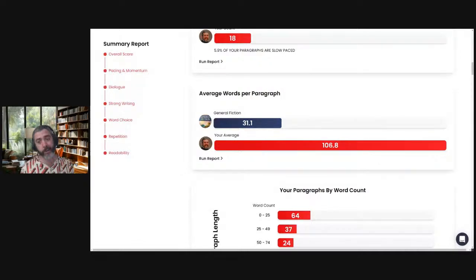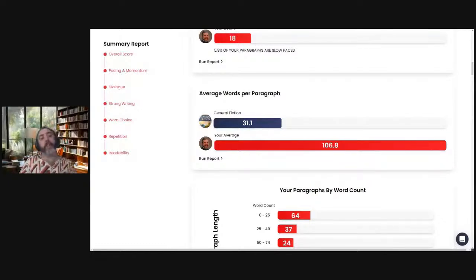So, if you love the thriller pace of a Lee Child book, you're still writing fantasy, well, you can do that. You can set it to, I want to sound similar to Lee Child, and then what it'll do is it'll be like, yeah, you need like 8 words a sentence. I hope you're prepared for that. We're off to the races, right? Because that's the way the author writes. So it's very interesting. I kind of geek out about these numbers. I find them very fascinating.